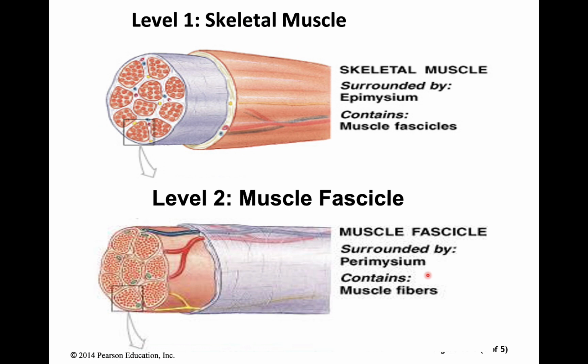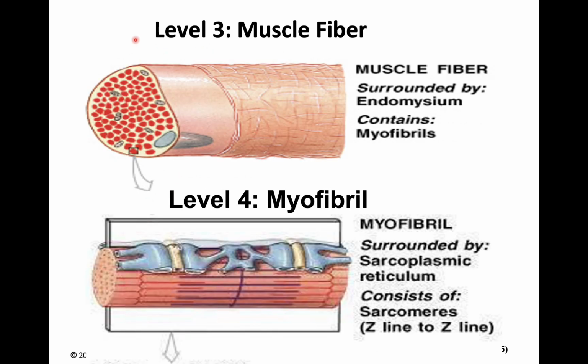So we'll go through it one more time and then we're going to take it a step further. The skeletal muscle is covered by the epimysium and it's made up of muscle fascicles. This muscle fascicle is surrounded by the perimysium and it's made up of muscle fibers, aka muscle cells. The muscle fiber is covered by an endomysium and it's made up of its own units, and this is new information now. These individual units are called